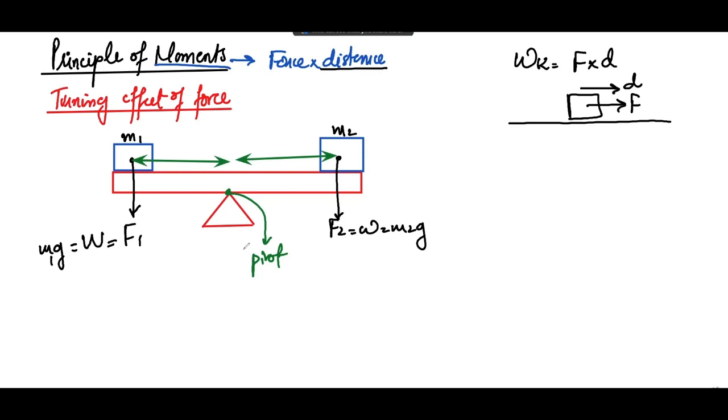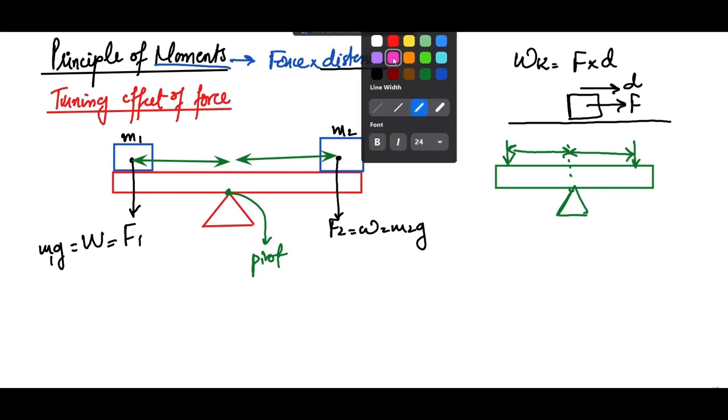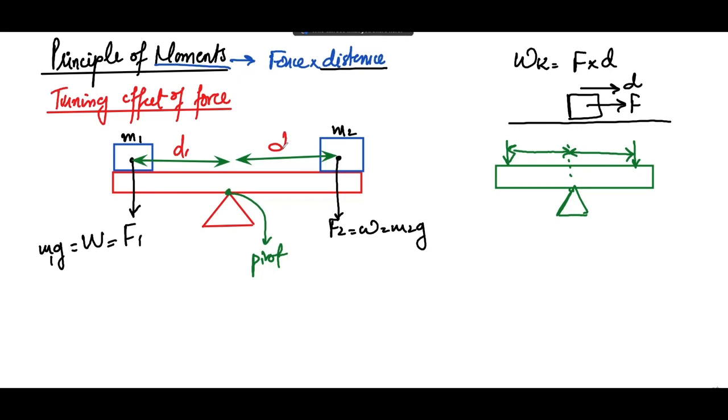Or if it's a simple action of a force, for example, then this could have been like this: a pivot system like this and a force acting like this. Then this would be from the point of action of force to the pivot, similarly from this point to this point. So these are their respective distances. So this will be labeled as D1 and this will be labeled as D2. So if the examiner says that this rod is balanced or is in equilibrium,